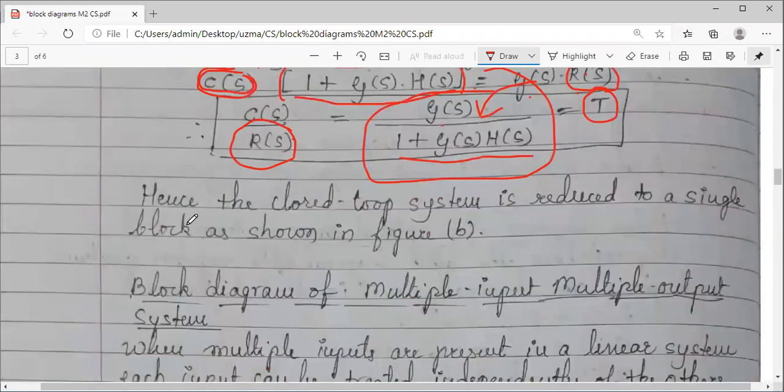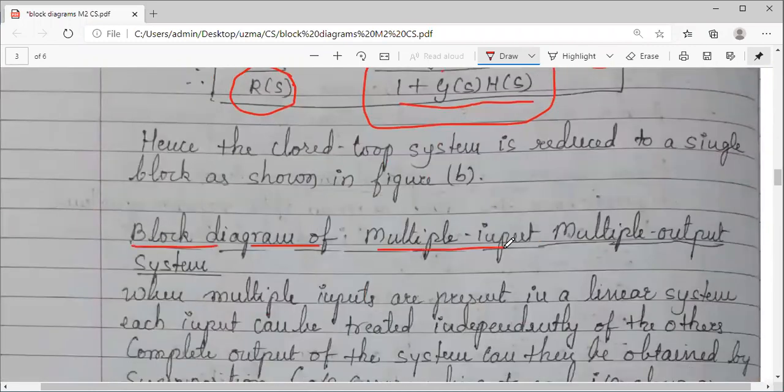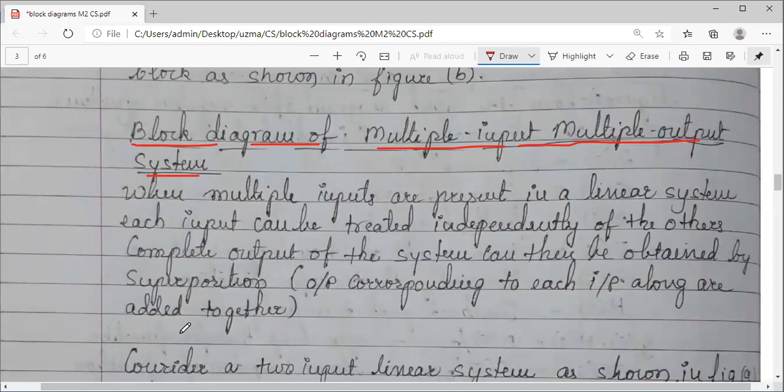For that, let us analyze the block diagram. So block diagram of multiple input, multiple output system. Whatever I'm covering now, probably it looks very theoretical to you, but it is indirectly increasing your knowledge towards the block diagram. Somewhere we will be using these things in your problem parts. So please be attentive whenever we are dealing with any theory part. Don't take it as a boring content, because every theory content is important. They relate to the problems. Whenever we deal with the problems, theory part we take as a reference.